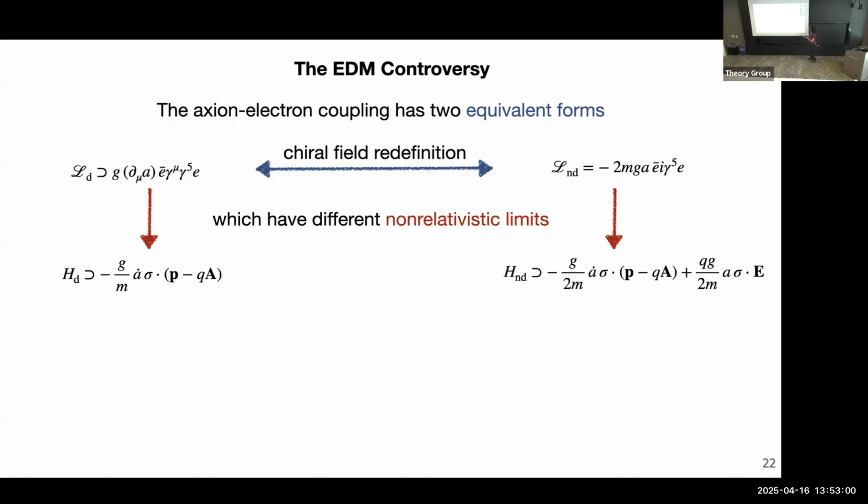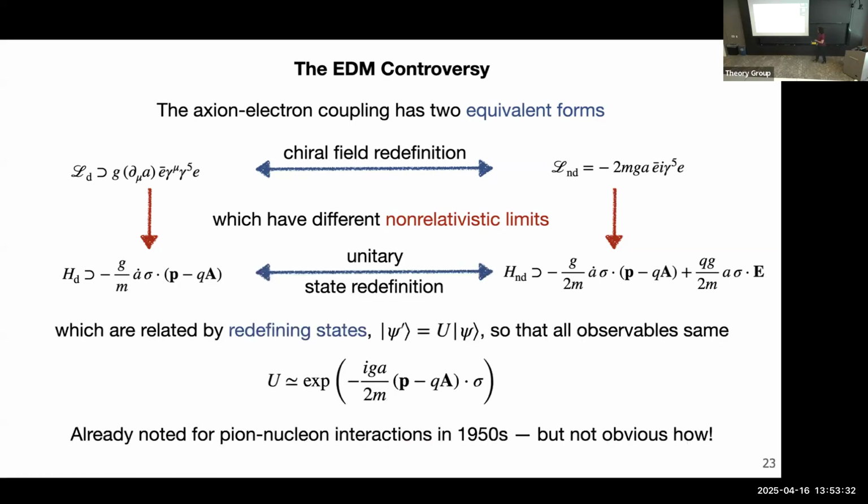However, if you then take the non-relativistic limit for a single particle and compute the Hamiltonian, they look very different. As I mentioned earlier, in this way you get the axioelectric term. I'm going to continue dropping the spatial gradient because it won't matter for this conversation. But if you take the non-relativistic limit of this one, which is a bit grungy, you need either a higher order Pauli reduction or a Foldy-Wouthuysen transformation or other things like that. Once you do it, you find a different axioelectric term, and also a term with no derivatives on A.